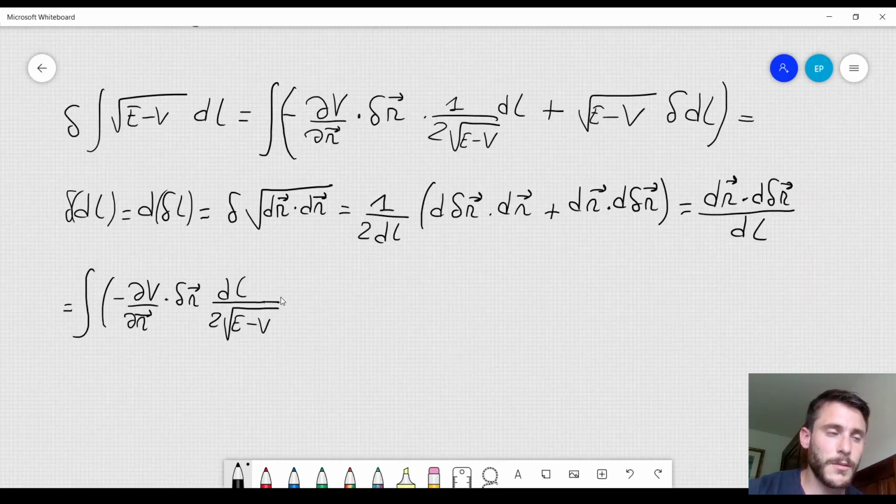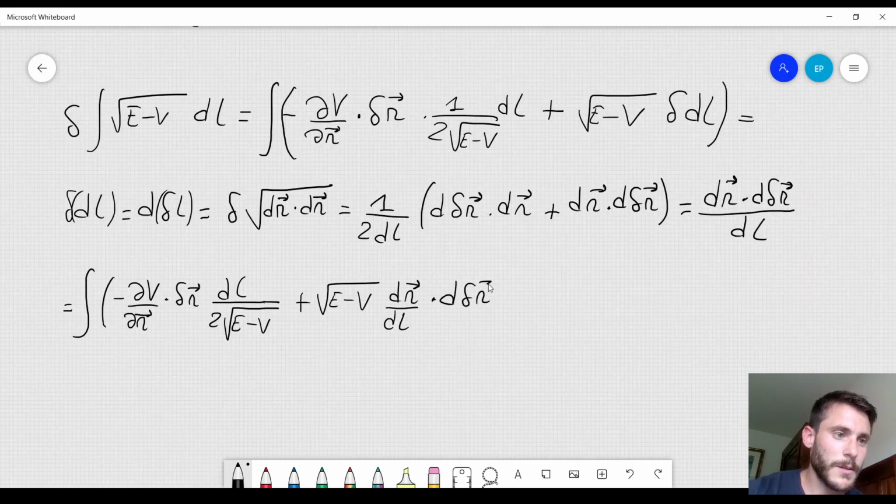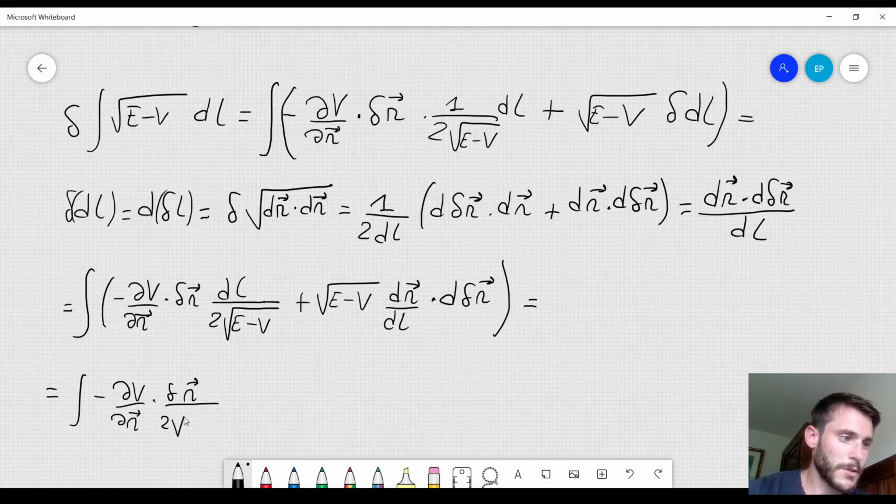The first integral remains the same, and then I have plus square root of E minus V, and here I have dr over dl dot product d variation of r. And now what I'm going to do is integrate by parts this second part of the integral. So the first integral will remain the same, and I have integral minus dV over dr dot product dr over 2 square root of E minus V